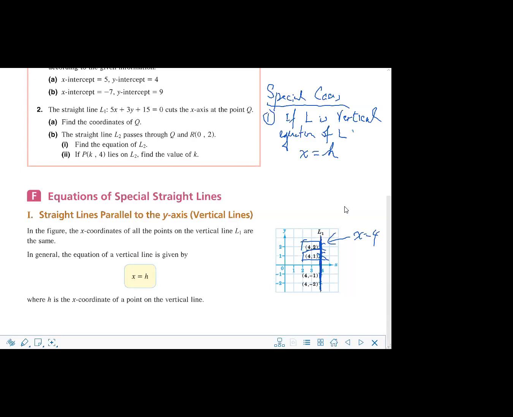Sometimes if it is on the left of the y-axis, that will be a negative number. Okay. A special case of the special case is the y-axis. Mark it down here. The y-axis is also a line, a straight line, a vertical straight line. The y-axis has an equation